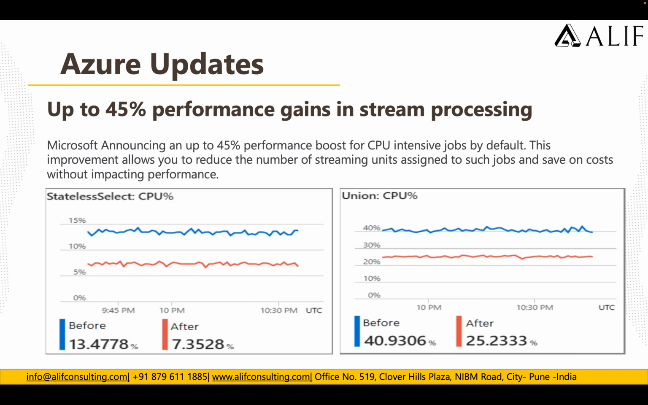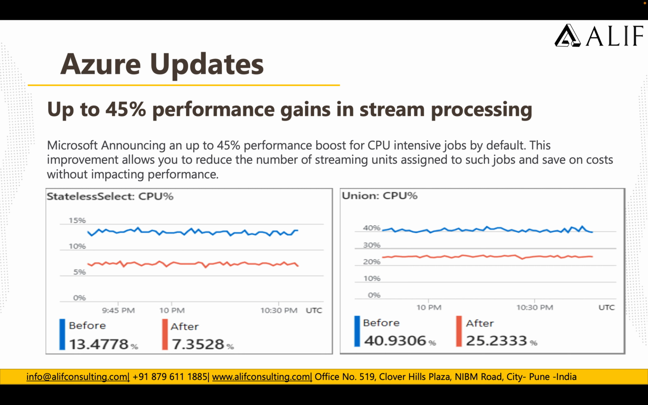Another update which we have is up to 45% performance gain in the stream process. Again, this is a very important thing, because this is going to boost your performance for CPU intensive jobs by default. And with this improvement, what exactly is it going to do? It's going to reduce the number of streaming units which have been assigned to your streaming processes, and it's going to save your cost as well